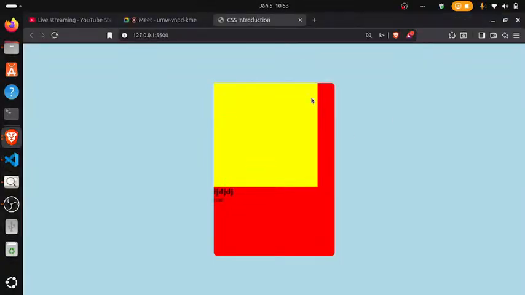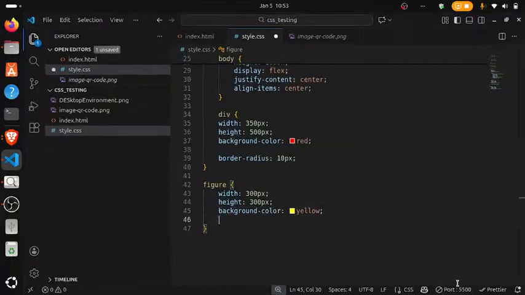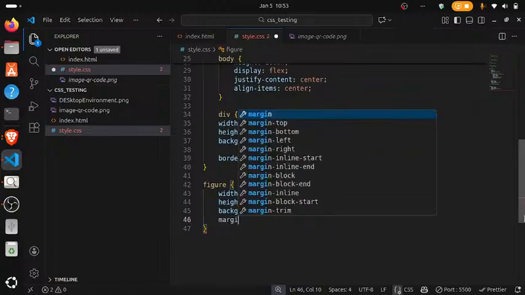Now you can see that our yellow is inside here, isn't that so? Our yellow is inside here. So I'll need to put in margin around this yellow to ensure that it is well balanced. So now let's use our margin. So I'll say margin, instead of me saying margin top, let me